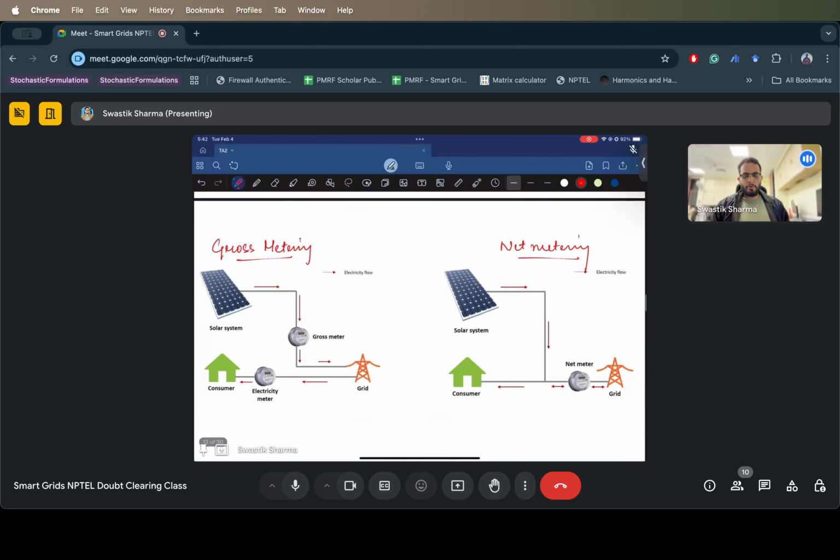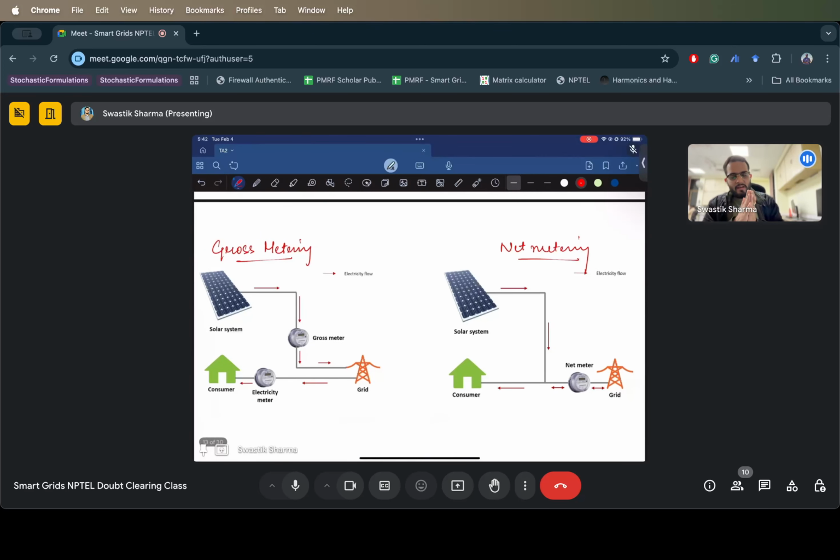Now, one thing I want to talk about is how the energy produced from your solar PVs is valued for you, right? There are two kinds of metering infrastructure at present. One is called gross metering, the other is called net metering. In gross metering, you have two meters. One is a gross meter, and the other is your electricity meter, right? An electricity meter keeps the reading of